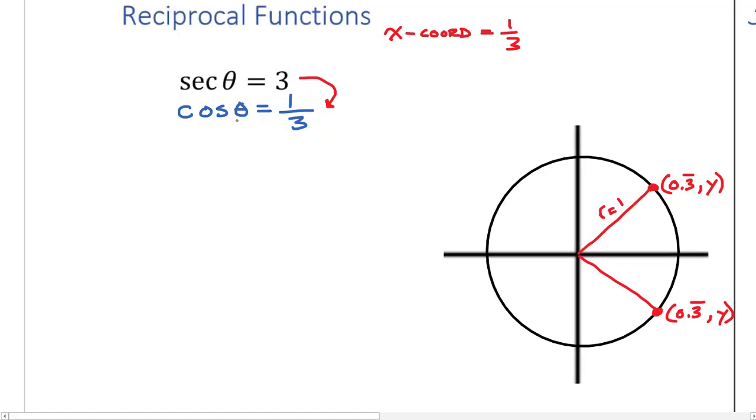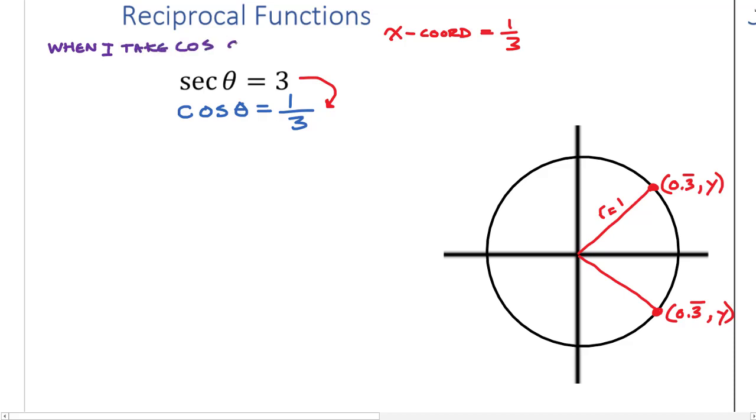So remember, what does this question mean? This question means, what is the angle? What angle, when I take cos of it, gives me an x-coordinate of 1/3? I'm going to write that down because this is really important, to start out really understanding this. So what this means is, when I take cos